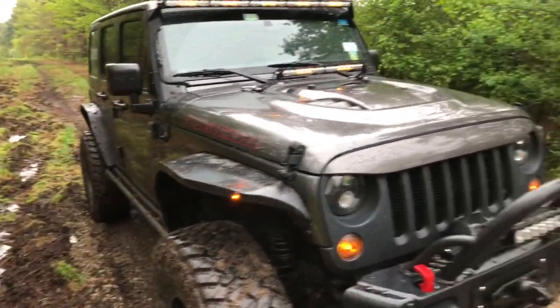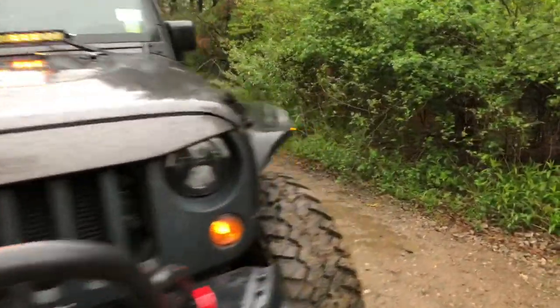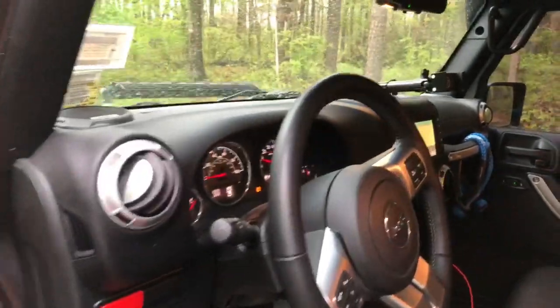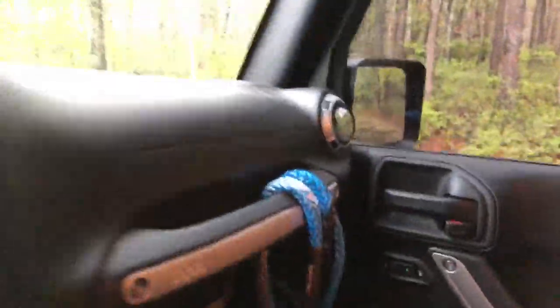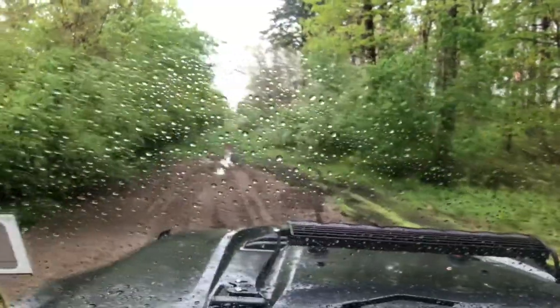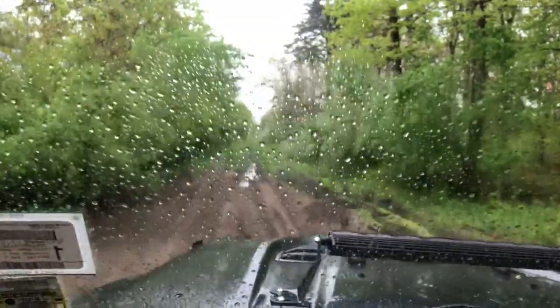All right, let's go ahead, get in the Jeep. Let's drive down a little bit and see what this is like. Guys, I'm experimenting for the first time with this phone and everything, so let's see. And it's raining outside right now. If it wasn't raining outside right now, I would probably just set up the phone on a